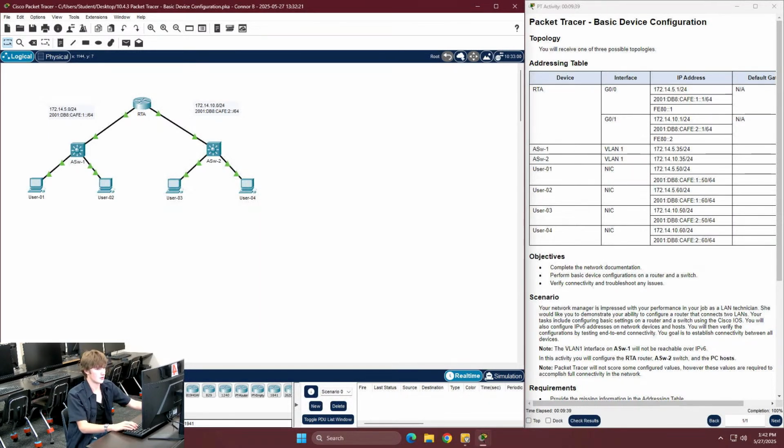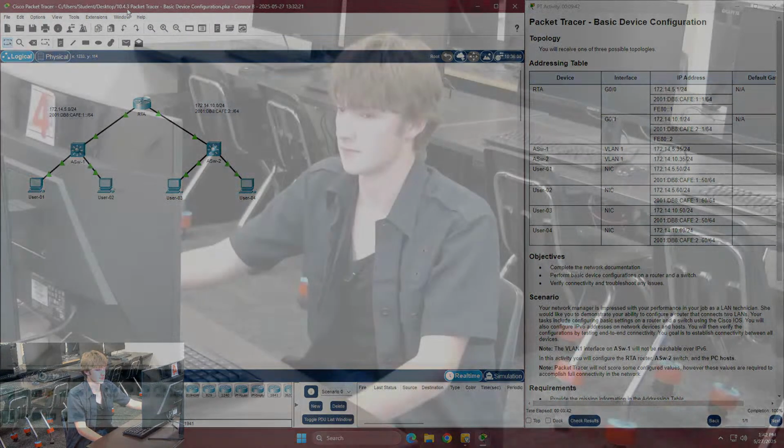And that is it for the Packet Tracer Basic Device Configuration 10.4.3. Thank you for